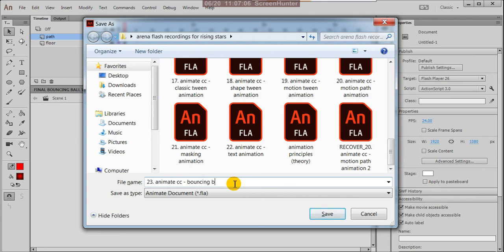BOUNCING, bouncing ball action. In bracket, path of action. Path of action. Okay, so you can save this.